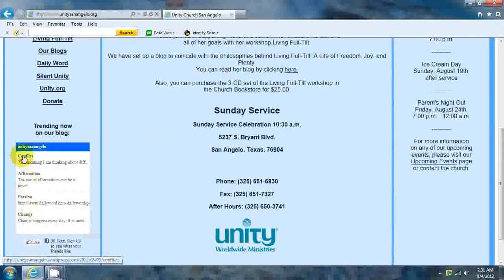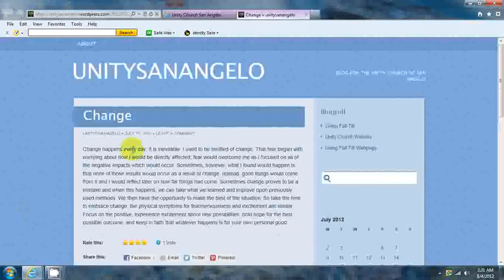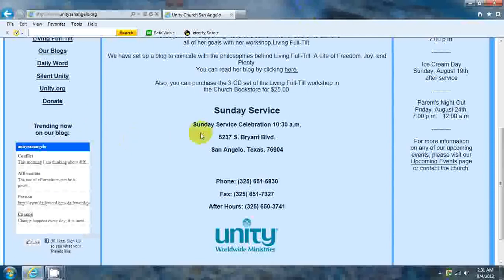The most recent post will be at the top, and then each day it will drop down the list and new ones will take its place. So you have several days' options to choose from. You can pick any one of these topics just by clicking on them, and they'll take you directly to that associated post. So that's one way to get to the general blog.